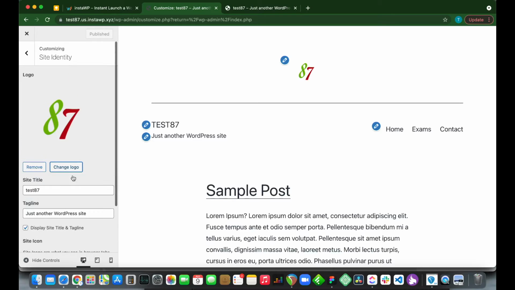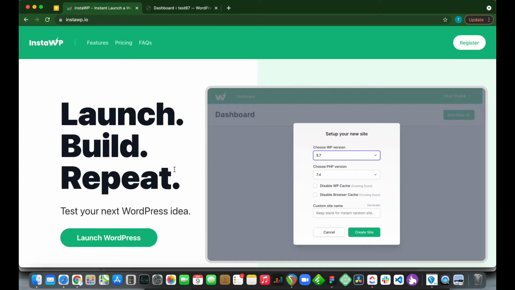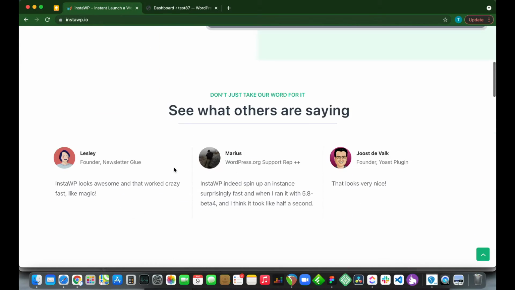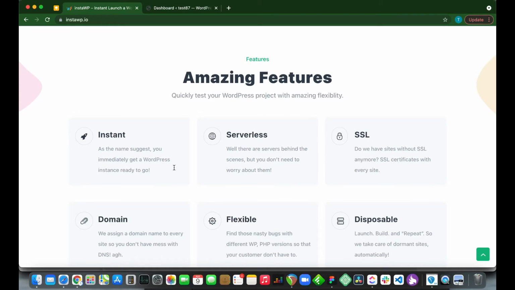Today I'm going to show you guys how to change a logo image in WordPress. And our WordPress environment was set up using InstaWP. This service allows you to launch a disposable WordPress installation quickly, so check it out,